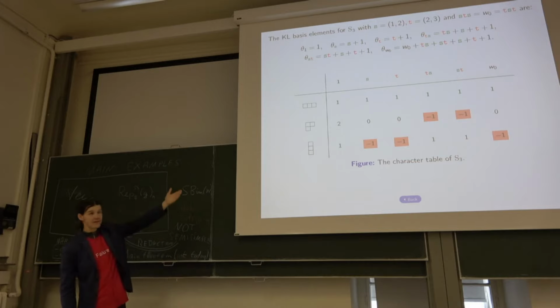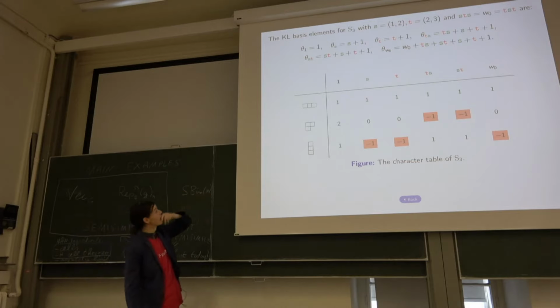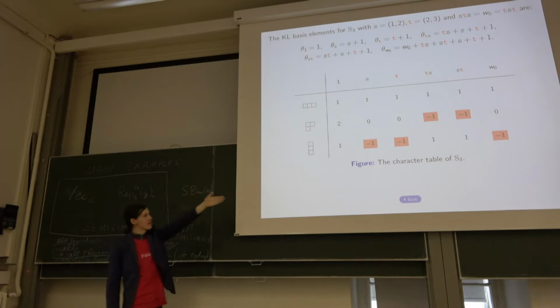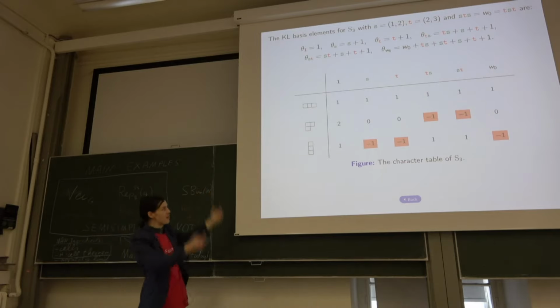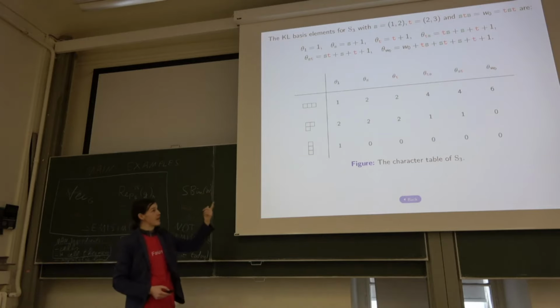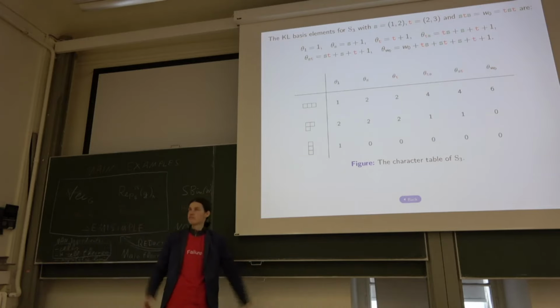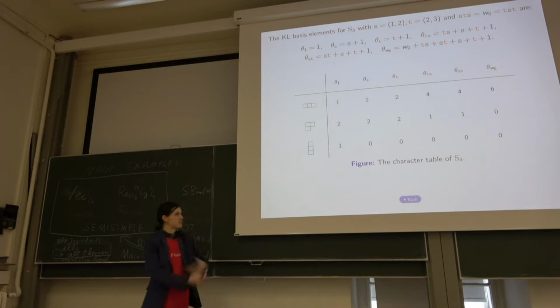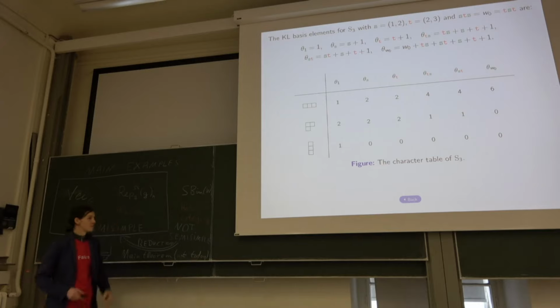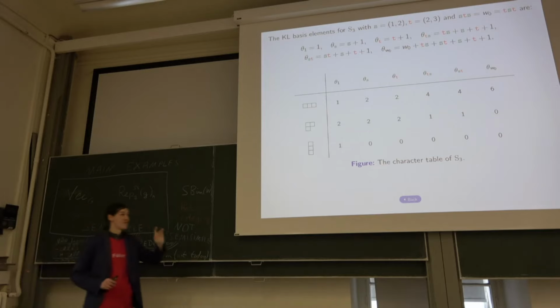So if you write down the character table, in this case of S3, all of you know you have 3 simples. You write down the character table, you see some negative numbers in the usual group basis, but if you write it in the KL basis, all negative numbers vanish by a miracle. They just disappear. Everything is positive.